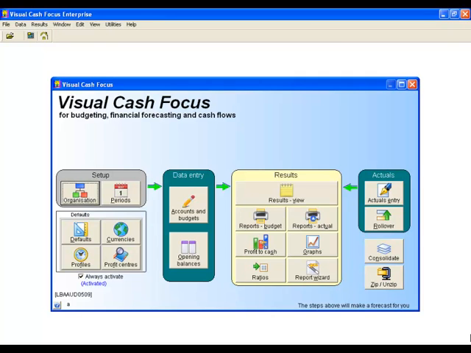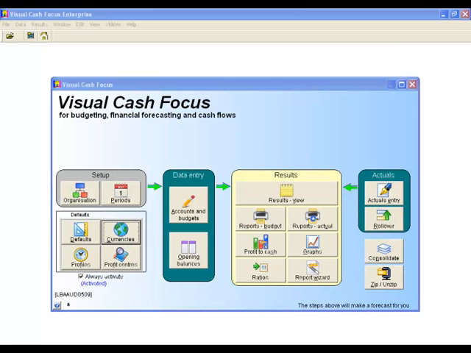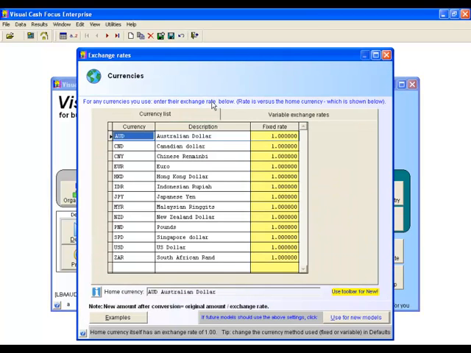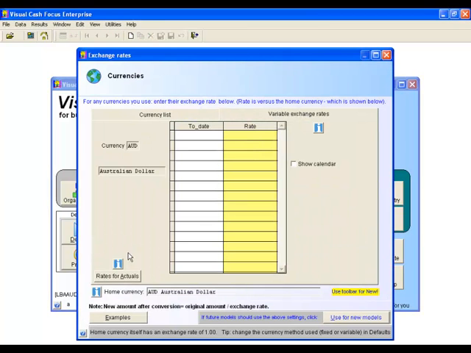The purpose of this short video is to illustrate how the Advanced Currency module works in Visual Cash Focus 8. This is a new module only available to Corporate and Enterprise Edition users. The new Advanced Currency module is activated by going into Currencies, choosing Variable Exchange Rates, and then clicking on the